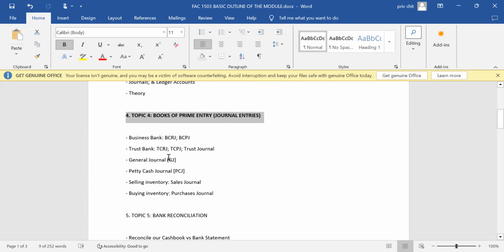business cash payments journal, and then of course you will also be running a trust account, where clients will be depositing their monies before you can actually begin to perform their cases. With regards to that, there are certain records that you need to maintain in the form of a trust cash receipts journal, trust cash payments journal, and of course a trust journal. All these books that I'm mentioning, you need to be able to distinguish between the two different accounts.